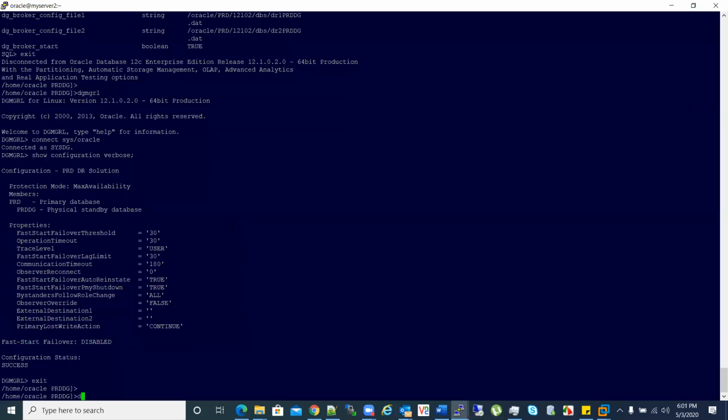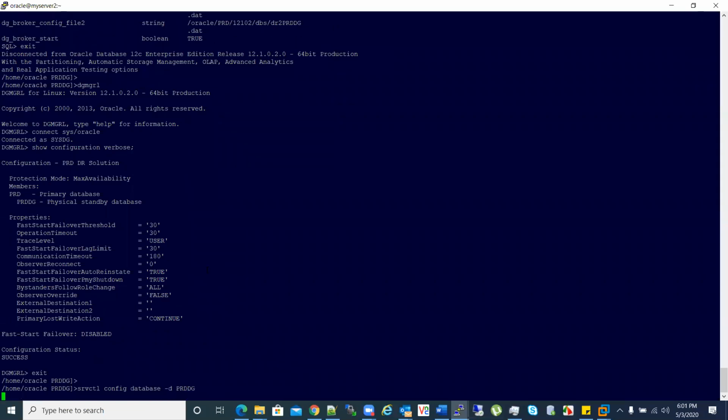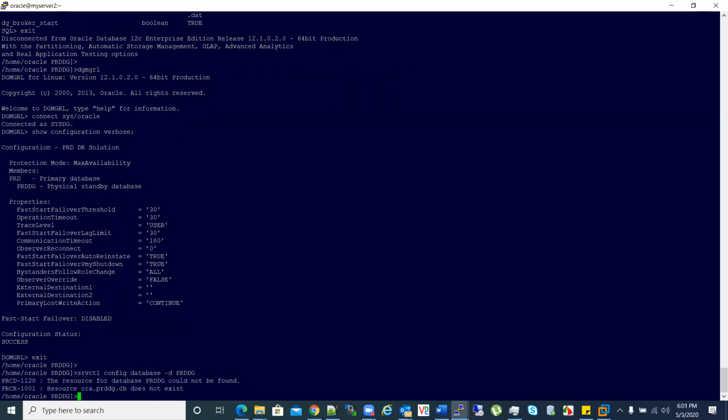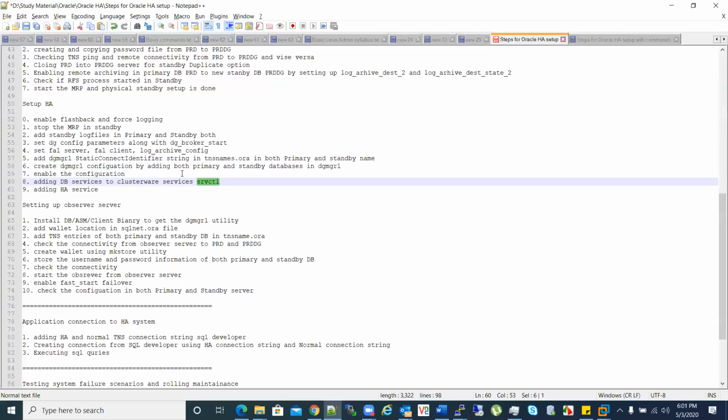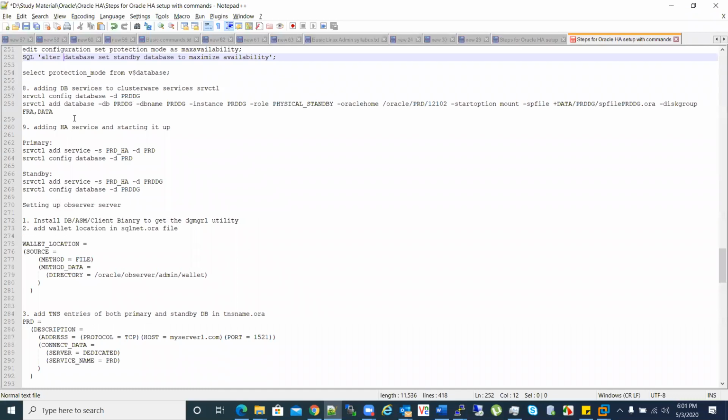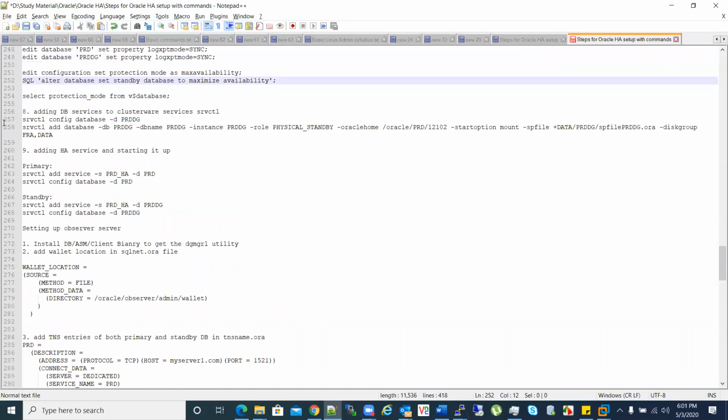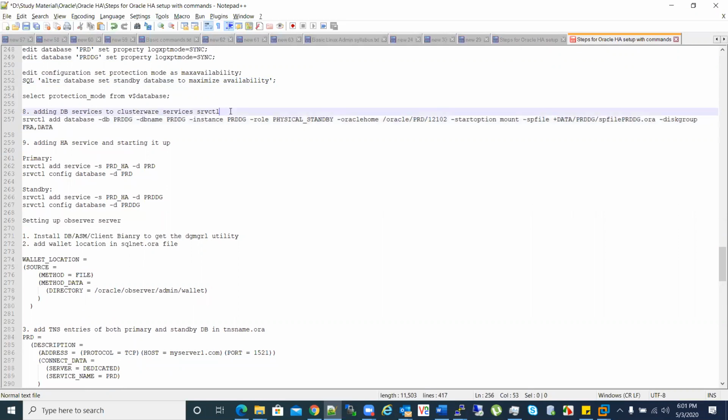Let me check in standby: SRVCTL config database -d PRDDG, and it says it's not there. So we'll have to add it here. For that, we have this long command which I prepared here.